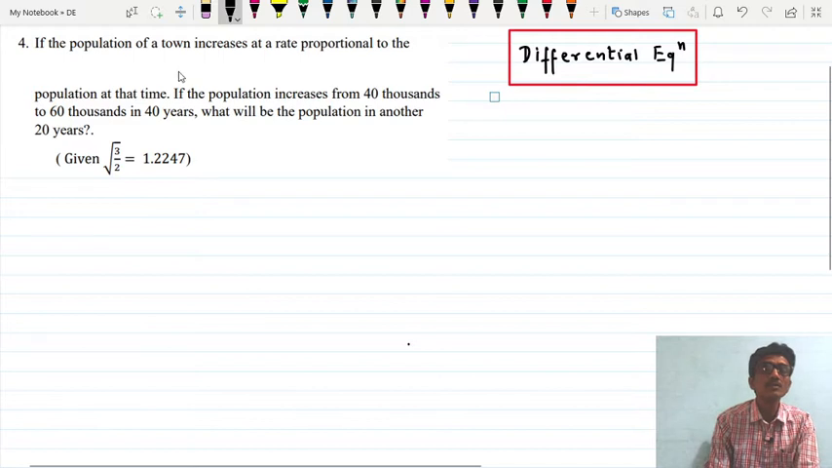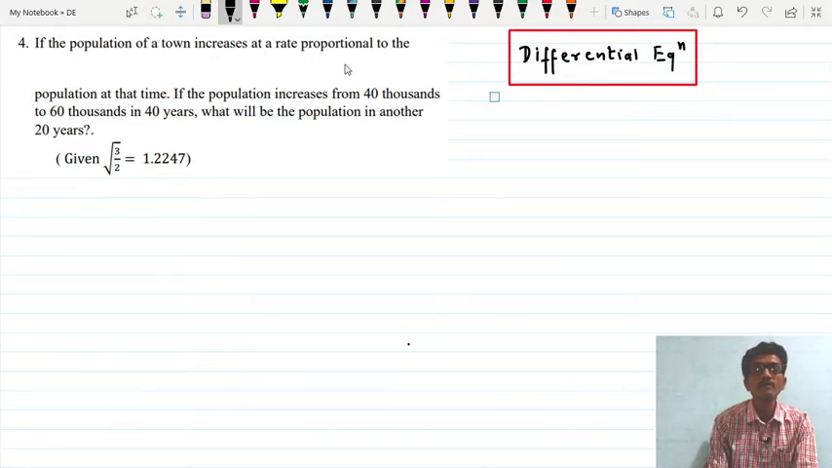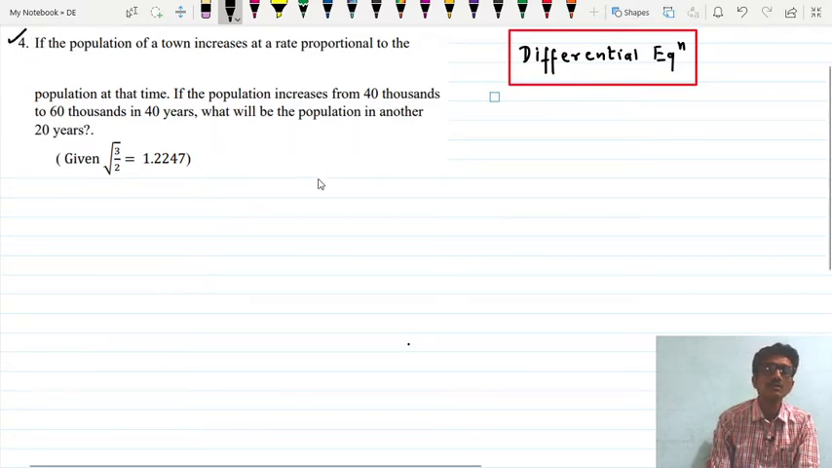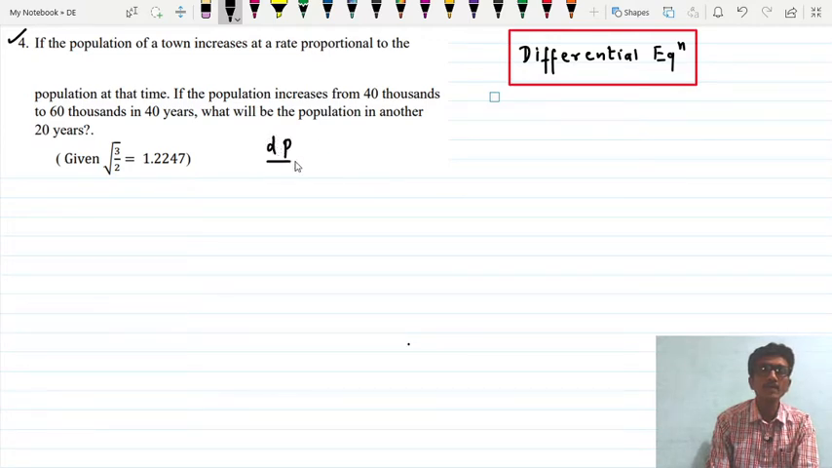If the population of a town increases at a rate proportional to the population at that time, see how to start this solution. Let P be the population of the town. Then dP by dt is the rate, and this rate is directly proportional to the population P. So we write dP by dt equals K into P, where K is a proportionality constant. Then we can put this equation in variable separable form, dP upon P equal to K dt, and integrating this